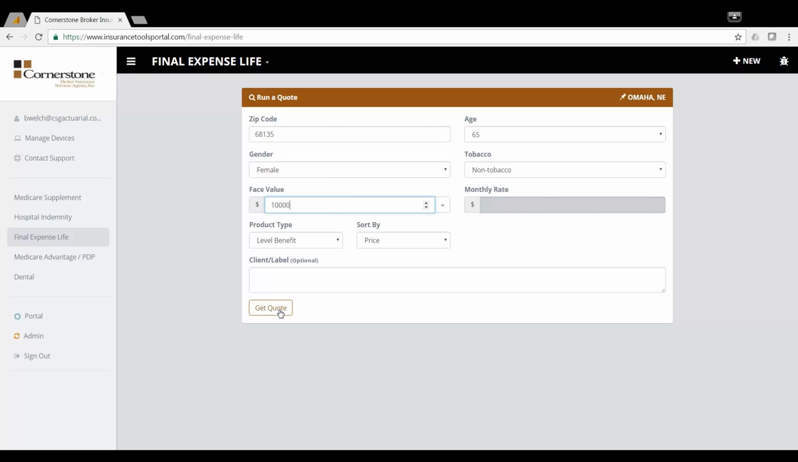You can select the different product types. We'll go ahead and press Get Quote. It's going to sort these cheapest to most expensive. If you don't want, on any plan, if you don't want to sort by price, you can just click this